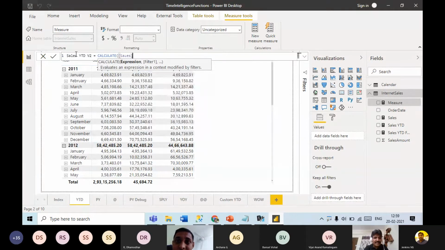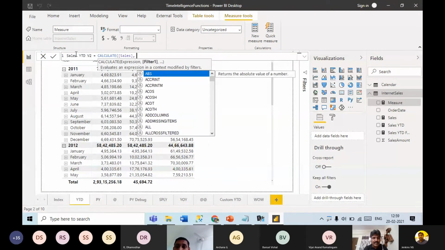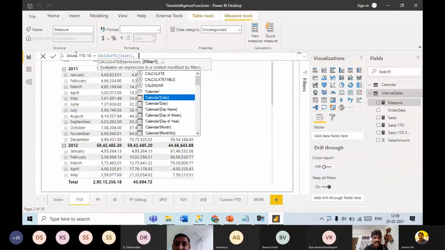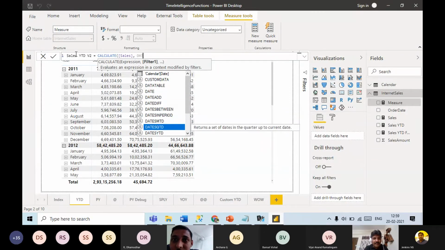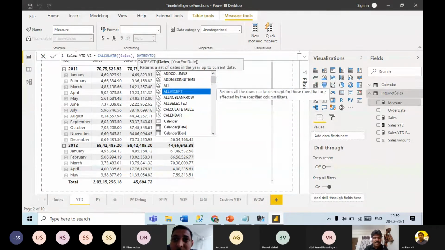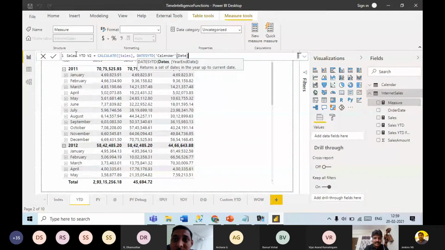Calculate sum of sales and calendar dates, year-to-date, calendar date. Okay. So what it is doing is, in the context of if I'm here, it gives 1st January to 31st January dates. For those dates, it calculates the sum of sales. Okay. So here,